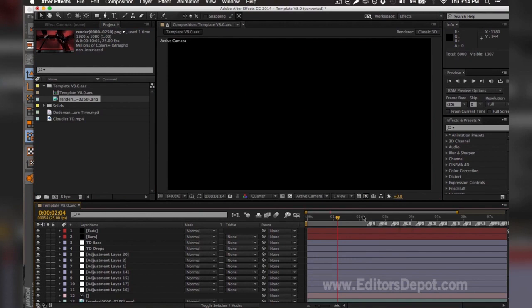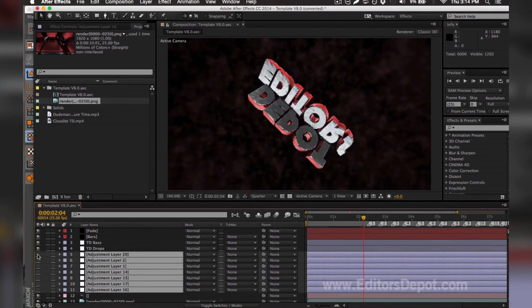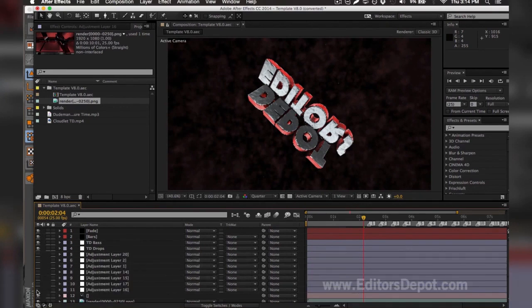So we're 100% done, assuming you have every single one of the plugins required. If you don't, you're going to have a black screen similar to this. If you do have a black screen similar to this, you're going to want to troubleshoot it by turning off or turning back on whatever adjustment layers might be messing up your entire video. As you can see here, one of the adjustment layers messed up the entire render, so I'm going to turn them on one by one.